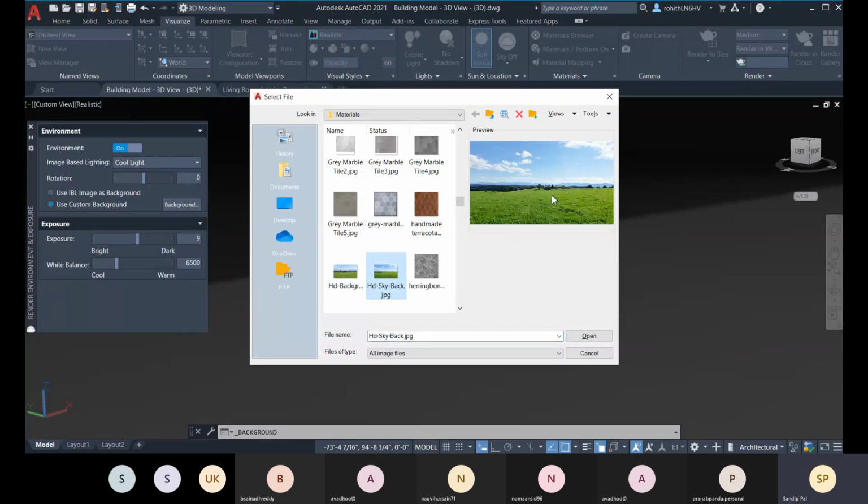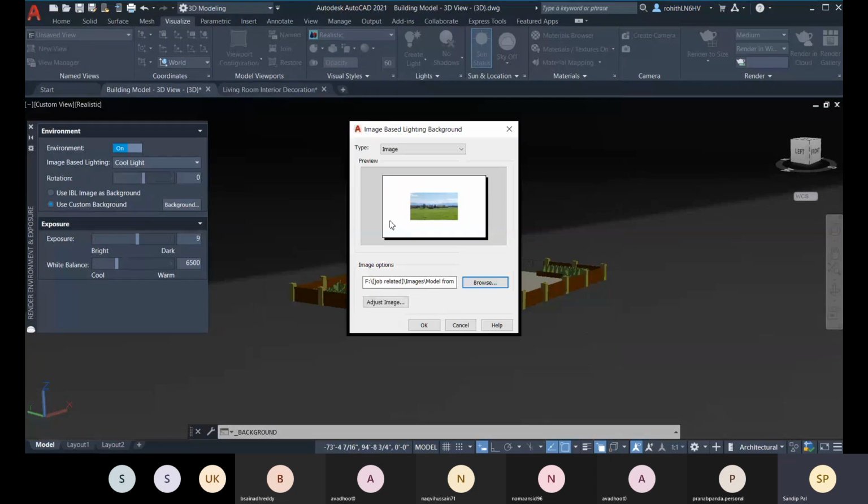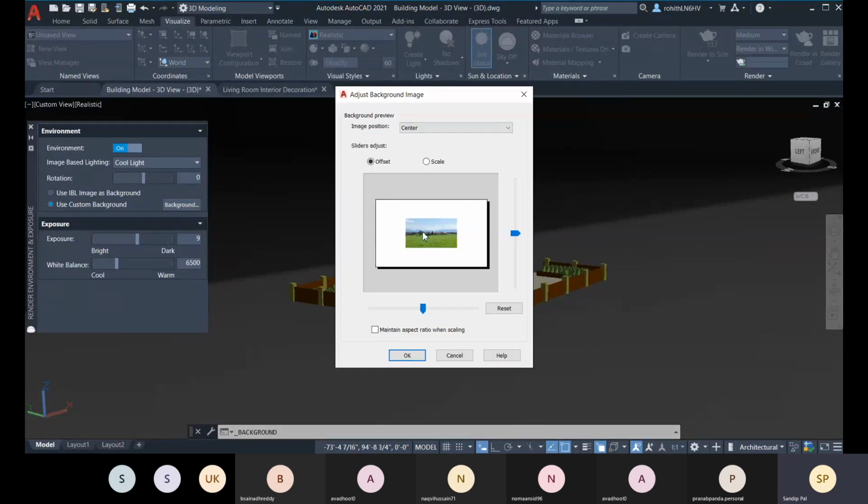So let me select this one. You can choose the background, some houses are there. So whatever is needed you can choose, and as per the background you will get some lighting as well. So let me select this one and click on open, and you can adjust the image.